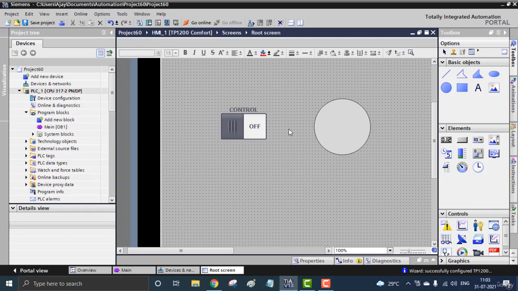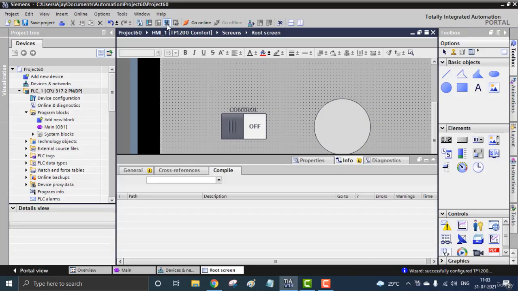And I'm going for the runtime. I can click on the screen and you can see this is the simulation. I just want to hit start simulation for the first time. That might take some time because of the initial compiling and initial startup, the HMI simulation will take some time. Let's wait for a couple of seconds, patiently.